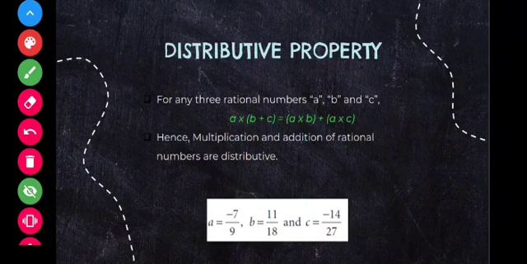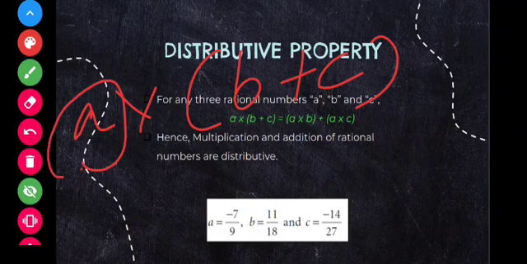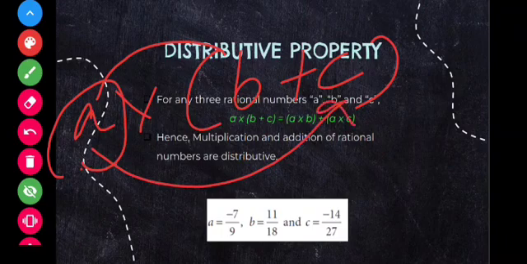What do you mean by distribution in general? In general, distribution means you have to distribute something to each and every person. So here we are going to distribute a number to other numbers. Okay, let's see the equation. The equation we have here is a into b plus c. So listen carefully. The distributive property contains 3 variables a, b and c. Here we are going to distribute this a to b and also to c. How can we write this? We can write a into b plus a into c.